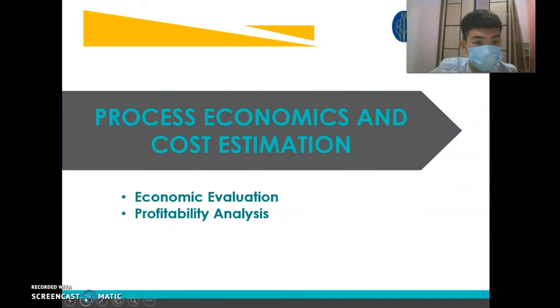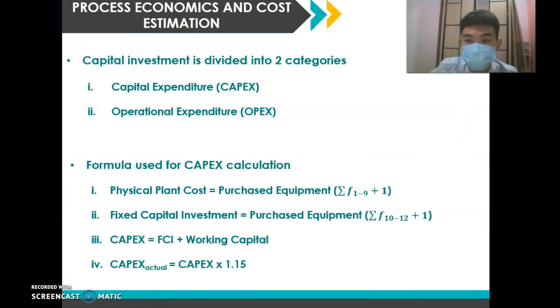Now I will talk about the process economy and cost estimation. Firstly, capital investment is divided into 2 categories, which are capital expenditure, CAPEX, and operational expenditure, OPEX. These are the formulas used for CAPEX calculation, where physical plant cost is purchase equipment cost times the summation of direct cost factor 1 to 9 plus 1. Fixed capital investment is the multiplication of purchase equipment cost and indirect cost factor 10 to 12 plus 1. After that, the summation of fixed capital investment and working capital is the CAPEX. Lastly, times CAPEX with